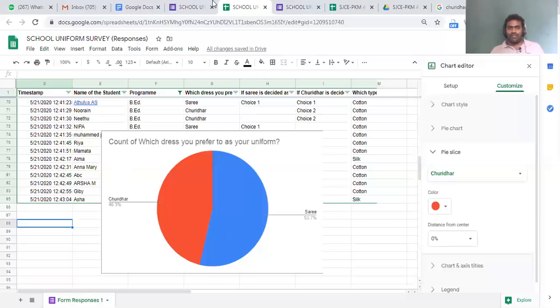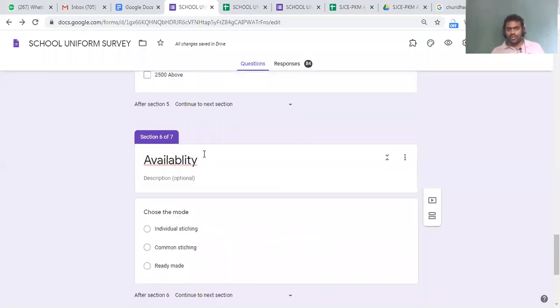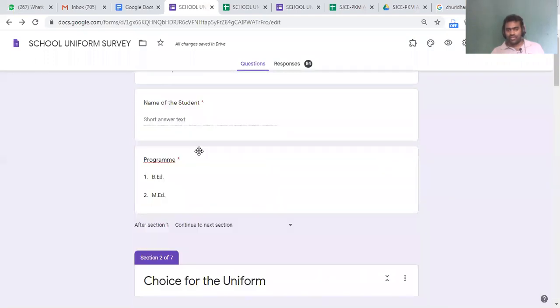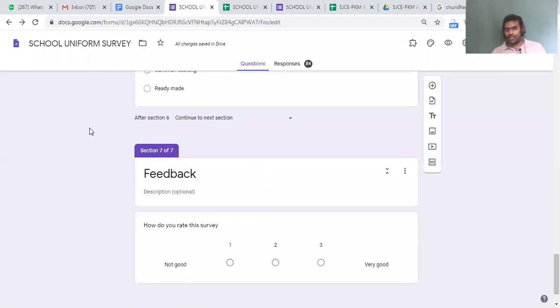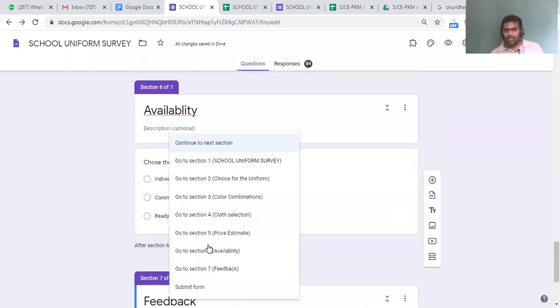Now I have forgotten something to say. Even here you have an option. Sometimes it may be good for you. If you are making different sections, you can choose after the first section, you don't need to rearrange. Suppose you made a different section, you can choose after section C which section should be shown.